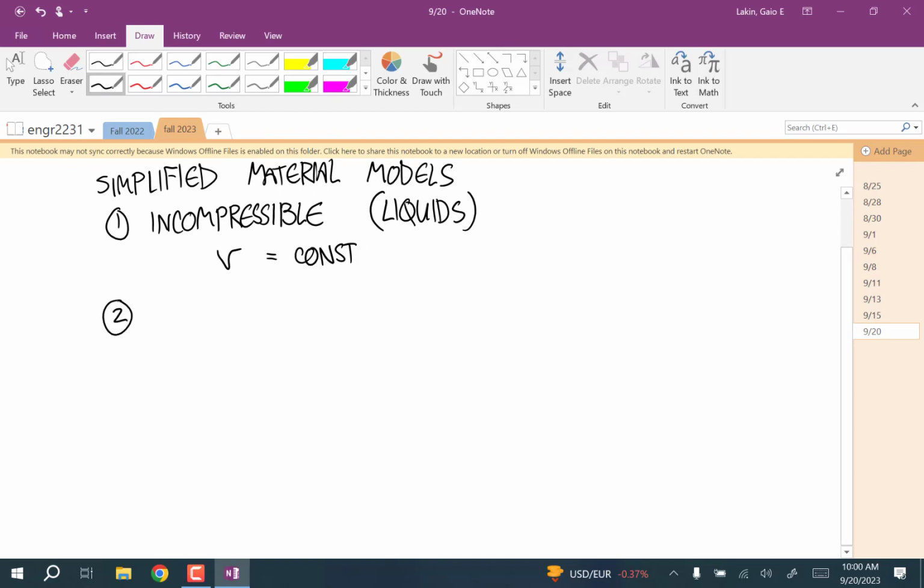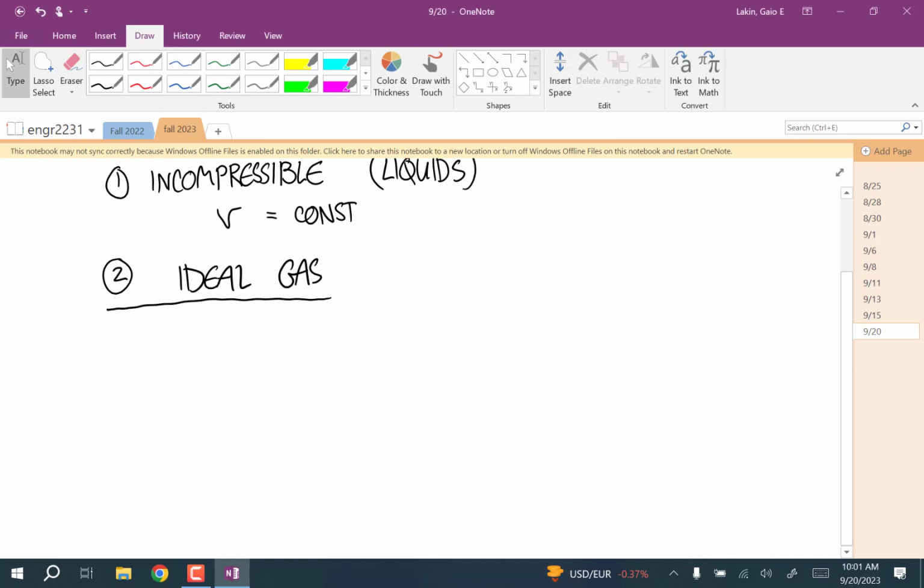The second simplified material model is the ideal gas law, or ideal gas model. That's obviously for gases, and so this is what we're talking about right now. Really, both of these you can think of as substitutes for tables. If you have a table for the material, you can get the same information from that. You just don't always have a table for your mixture of gas or your mixture of liquids. All right, so for an ideal gas,